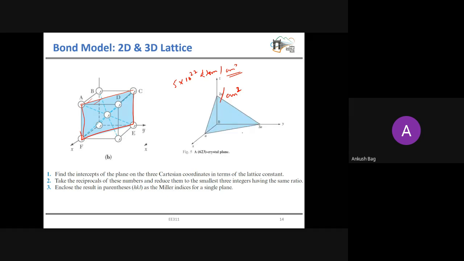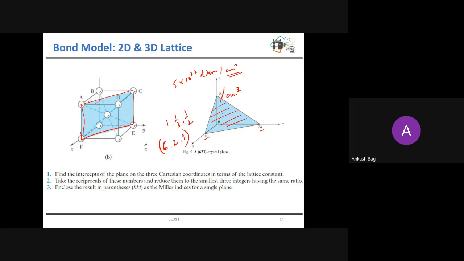If I give you an example, it will be clear. Let's say for this particular plane we need to find the Miller indices, or essentially identify this plane. How to identify it? It cuts at a, 3a and 2a. Now if we take the reciprocal of this, we get 1, 1 by 3 and 1 by 2. If we multiply to get the nearest integers, we get 6, 2, 3, and then enclose it. That means this particular plane is the (623) plane.